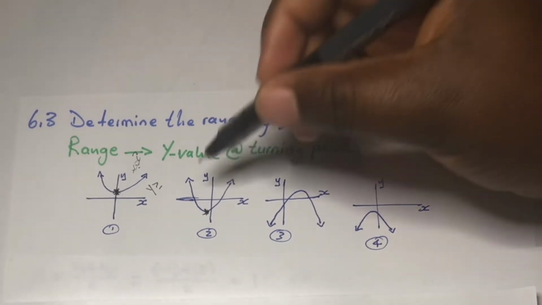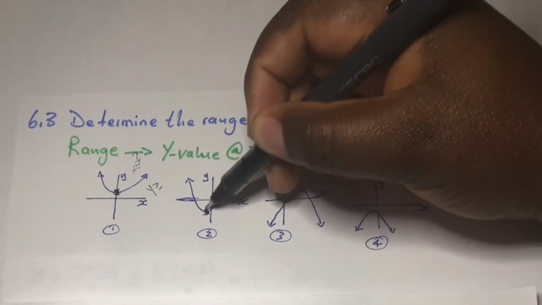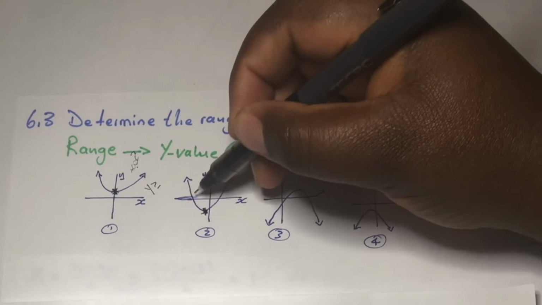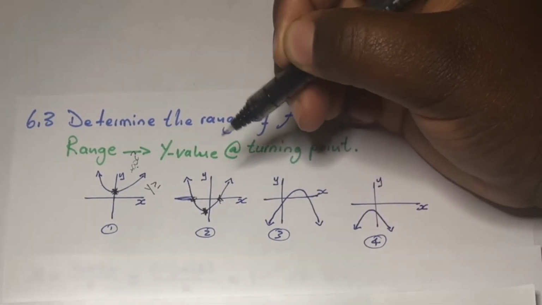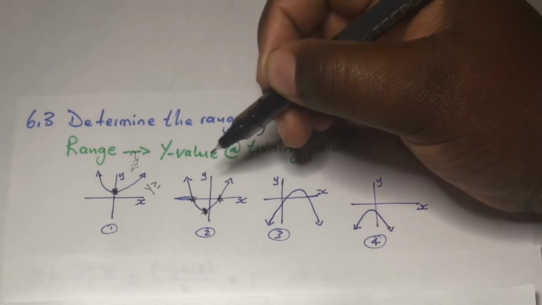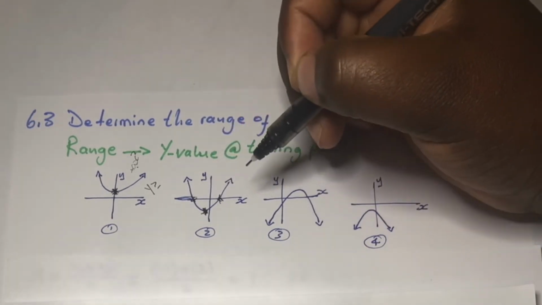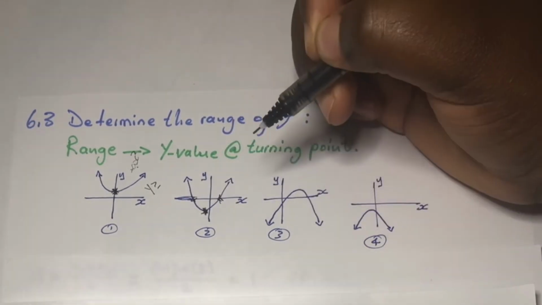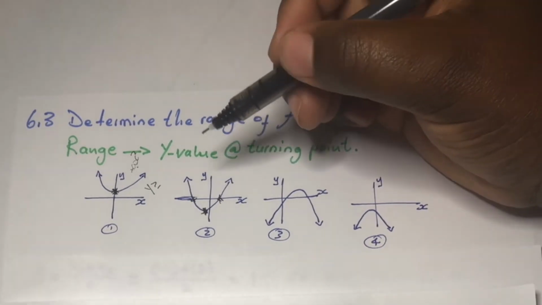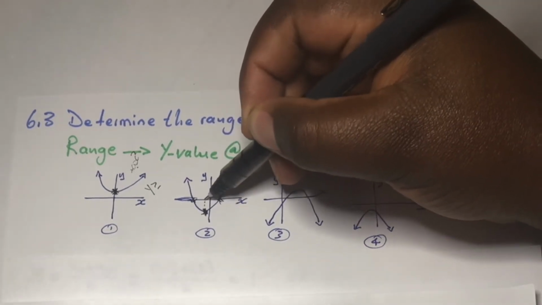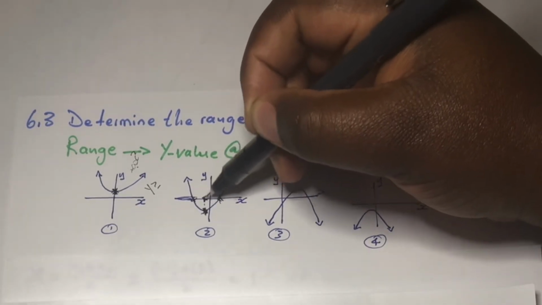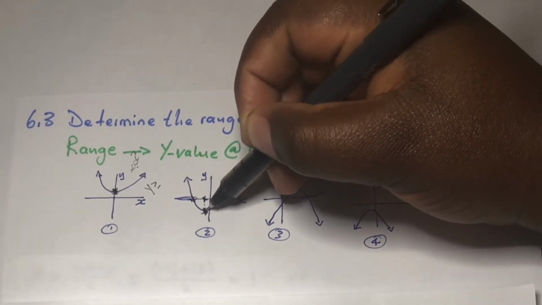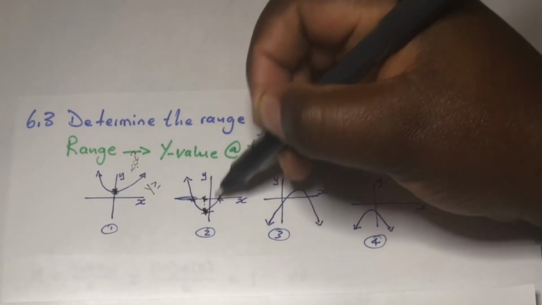And remember, for you to be able to determine the y value at that point, you should be able to know those two x values, or from the given equation of that function, you can determine the x value at the turning point, and you can use that x value to determine the y value at the turning point